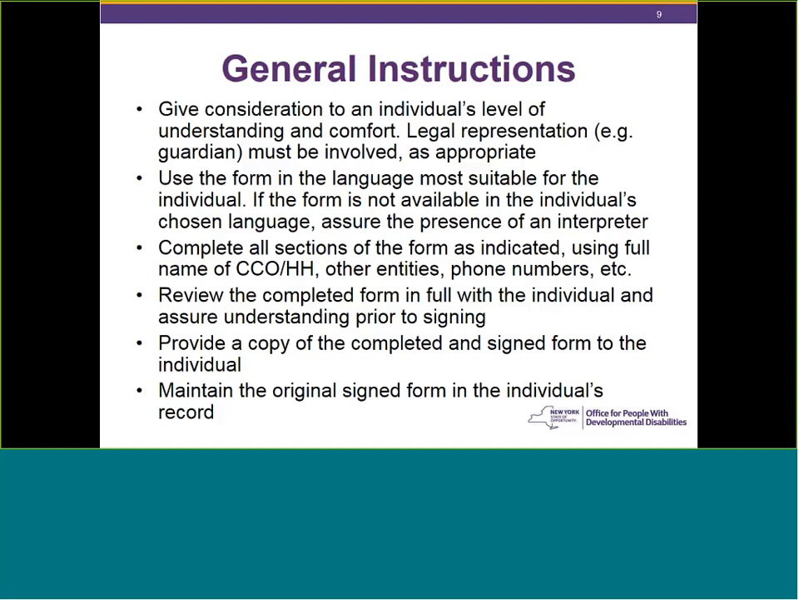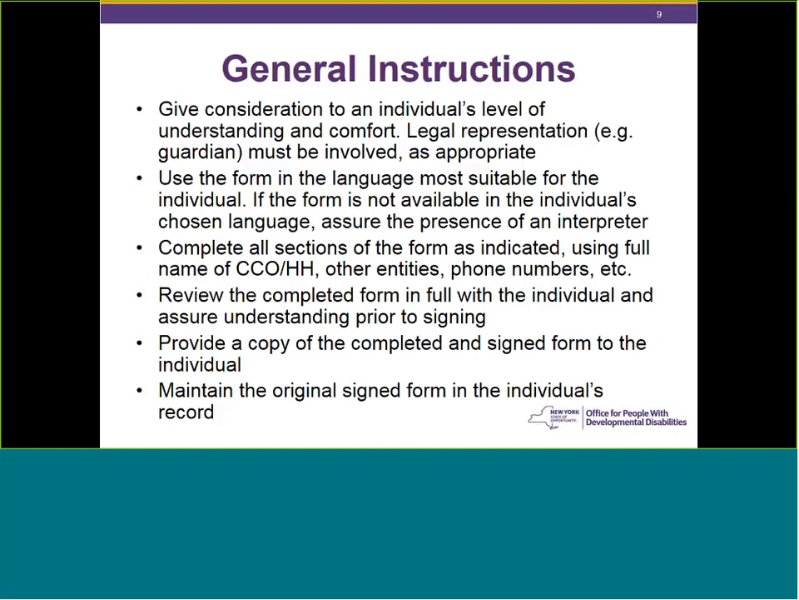You want to review the completed form in full to make sure that they have an understanding prior to signing it, and you want to provide a copy of the completed form to the individual. You also want to maintain the original signed form in the individual's record, and that will ultimately need to be